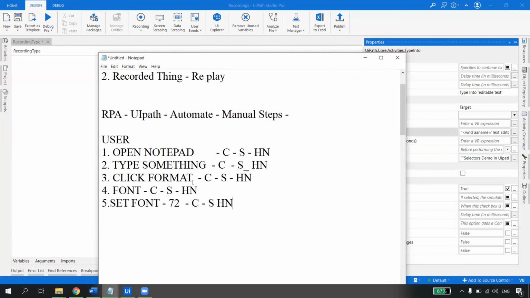So the desktop one will say, why do I have to unnecessarily get this every time? Because this is the same only. I am just changing this attribute, so why don't I directly do the automation?